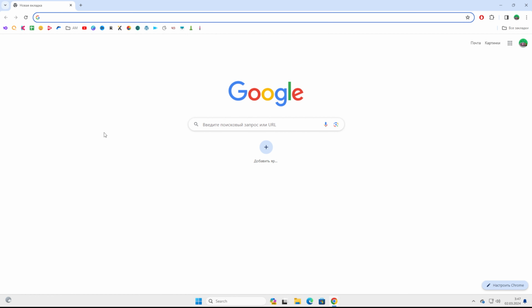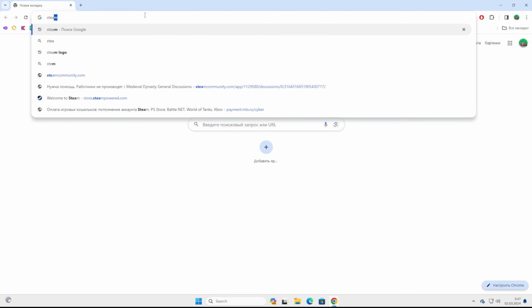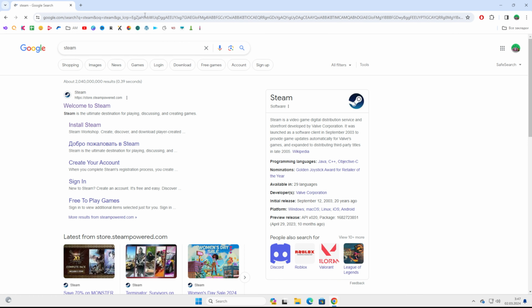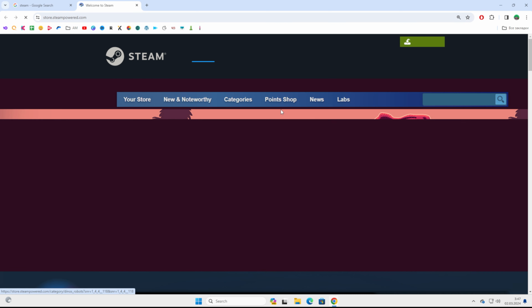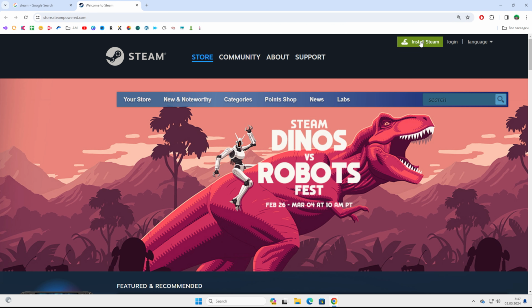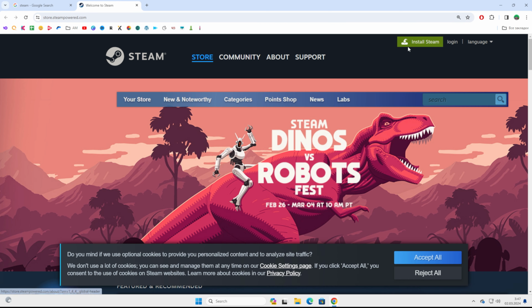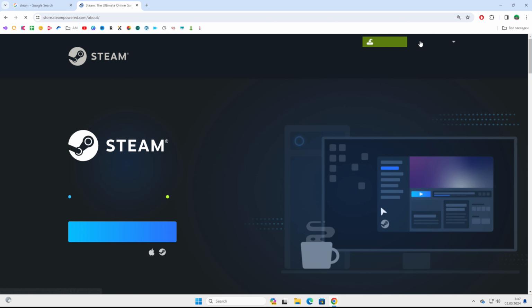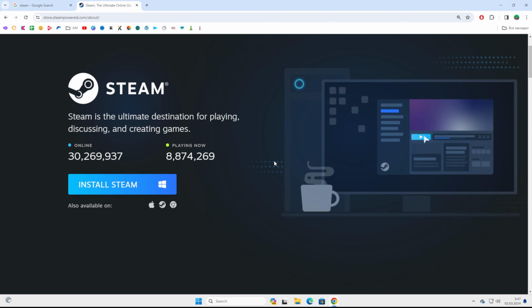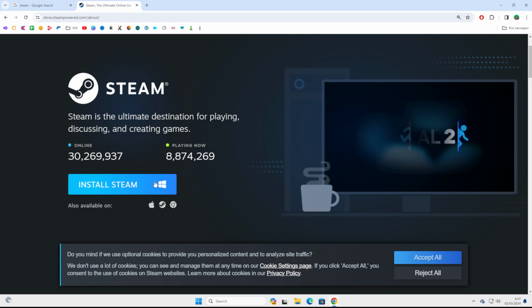I'm gonna use Chrome, and then at the address bar just enter Steam and hit enter. After that, head over to Steam website, and that's where at the top right corner we can easily find Install Steam. We need to click at that button,